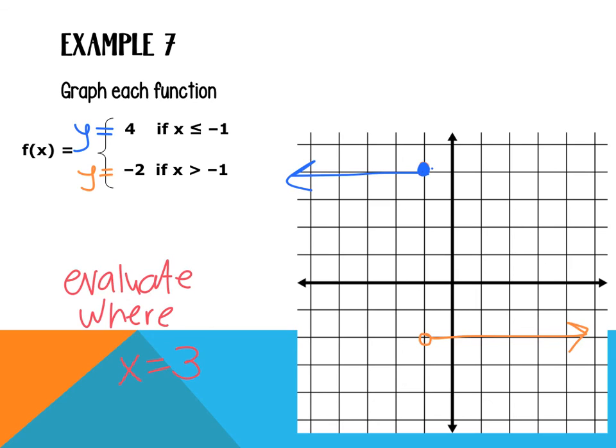Yeah? What if I said x is equal to -5? What would you tell me? It's 4. What if I said x is equal to -1? It's 4. So you want to pick the one that's the "or equal to," not the greater than or less than. Okay. Questions overall? All right, so you can use the remaining time